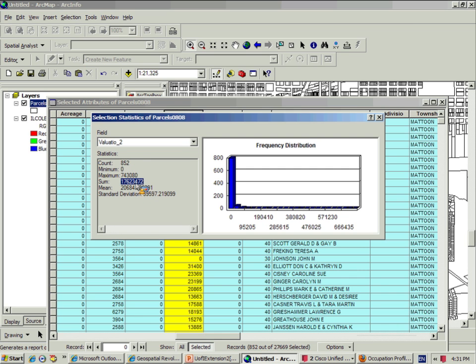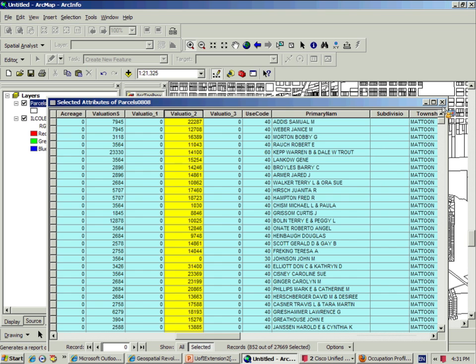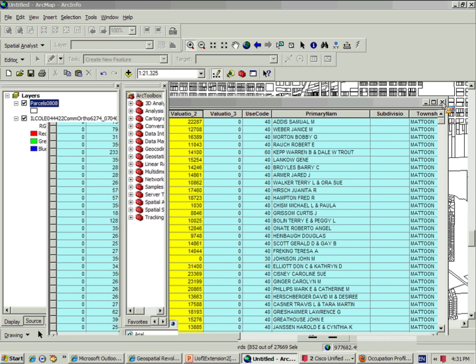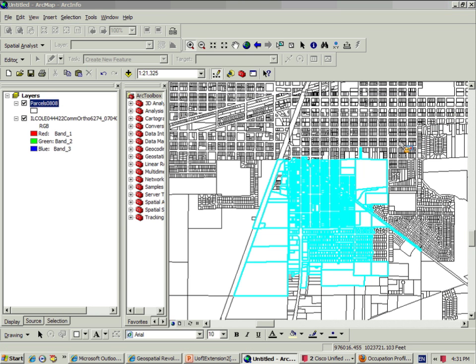So we would be looking at, what kind of number are we looking at here? $16,623,472. That would be the cost of just the property, not the land, just the property that would be potentially wiped out on a major flood event if a 500-year flood event hit that area of Mattoon and was wiped out. And so there's some examples of how to use a GIS, and this is, again, what I believe